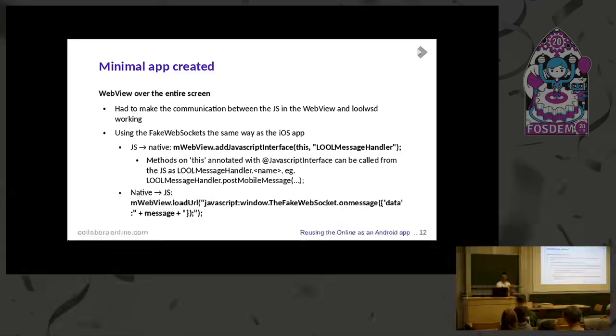We had to introduce two ways of communication. So one is from JavaScript to native, and that is reasonably easy on Android. When you have the web view, you just add a JavaScript interface, and then you can run it easily, like this low message handler dot post mobile message, and you get it from the JavaScript to native. But for the native to JavaScript, it's a bit hackish because you have to use this